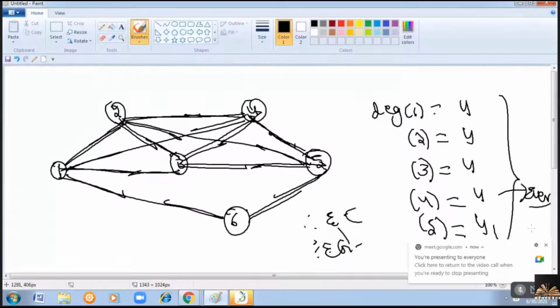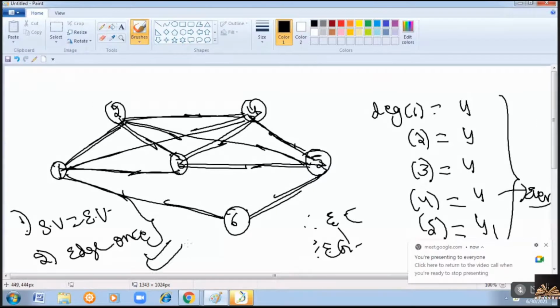So in this way, by finding the degrees, we can conclude whether it is a Euler graph or not. Right? So overall, what are the two conditions to be satisfied for an Euler graph? The starting vertex should be the ending vertex. Second, every edge should be visited exactly once. These are the two conditions to be satisfied for an Euler circuit or Euler graph, and this can be found out by checking all the possible combinations or by finding the degrees of the vertices. Clear? Next is semi-Euler graph.